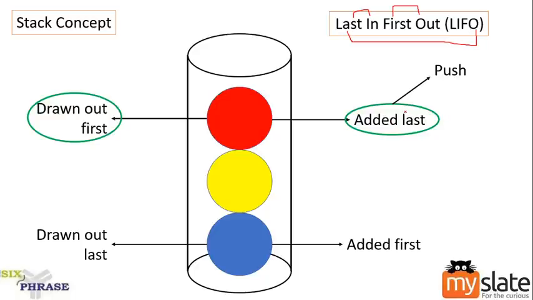And this operation, technically speaking, is called as push operation. Adding an element into a stack is technically called as push operation, and removing an element from a stack is technically called as pop operation. Okay, so when I speak about a stack, I'm not going to use the terms insertion and deletion or addition and removal. I will use the term push and pop. Push is nothing but adding an element, pop is nothing but removing an element.